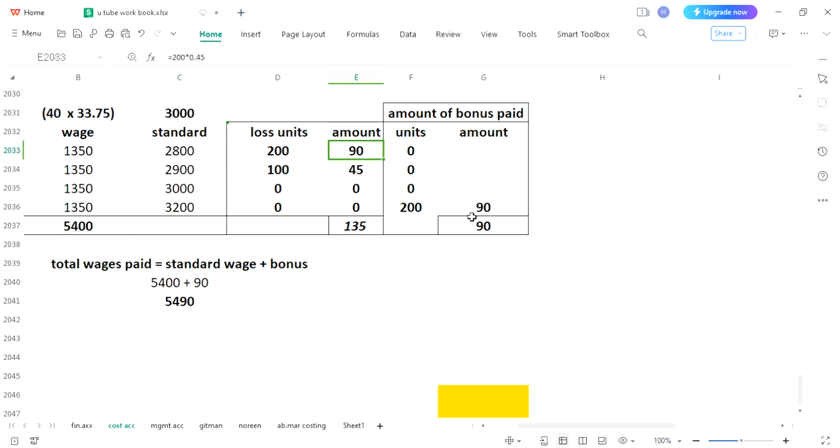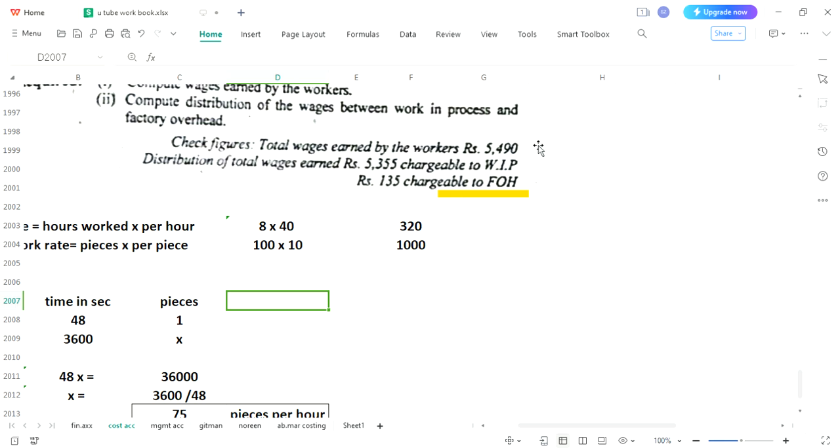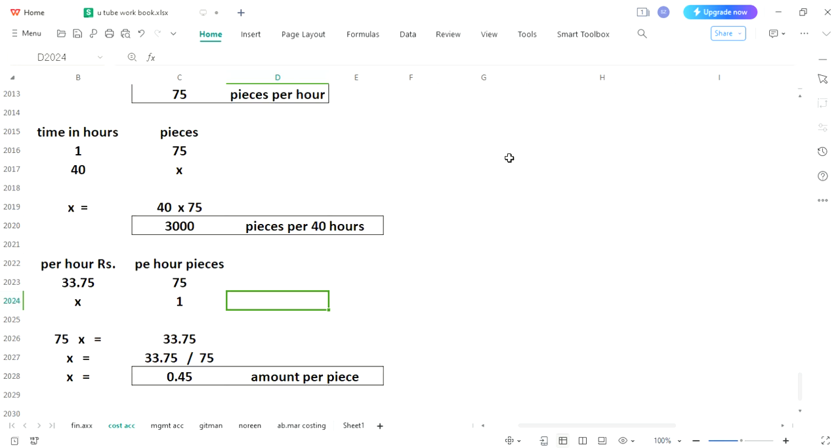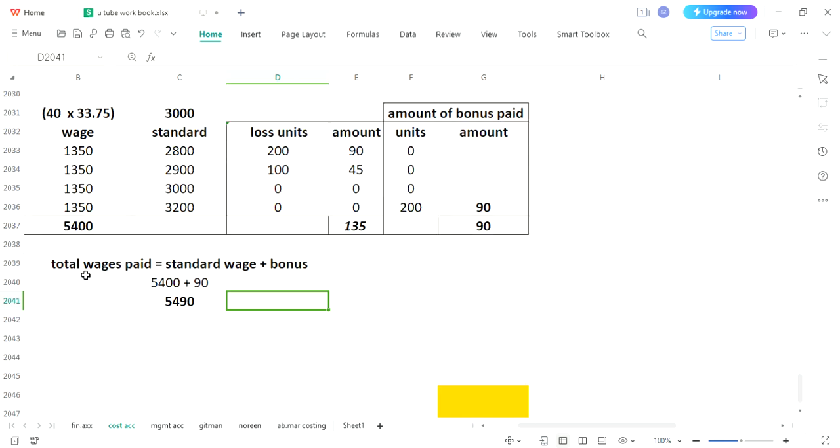In this way, this calculation has been completed. The only thing left is 5490, you can see, is your answer. Total wages earned by the workers 5490, and what we have calculated, total wages paid 5490, standard 5400, and 90 extra payment. This 135 we have lost because workers have not worked according to standard. This is not payment, these are lost amounts, lost number of units, or lost amount 135, lost number of units